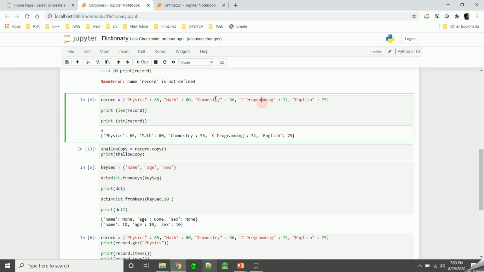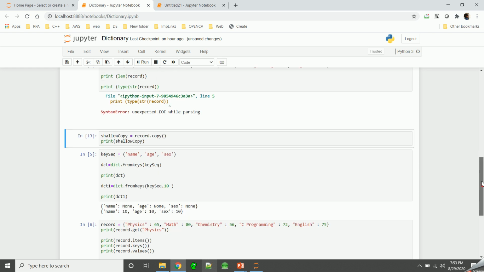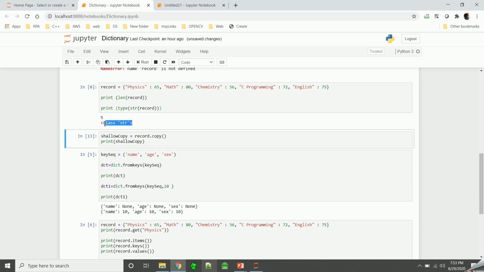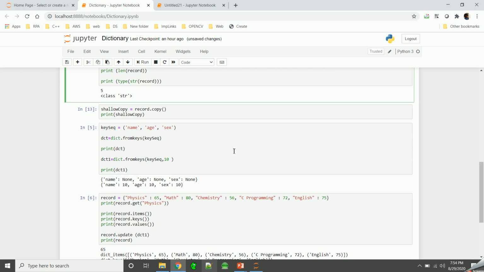here we are getting length as 5. Basically we have 1 2 3 4 5 entries, so we are getting 5, and then we are getting the dictionary, but this dictionary will be in the form of a string. When you say type and then try to get the type after conversion, let's see what it is giving. Okay, it says it is an error. This is the error because we have missed a parenthesis. Now let's run. So if you see, it says class str because this str will convert the dictionary into a string.